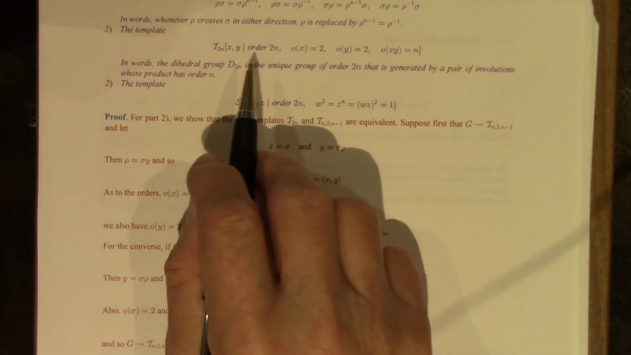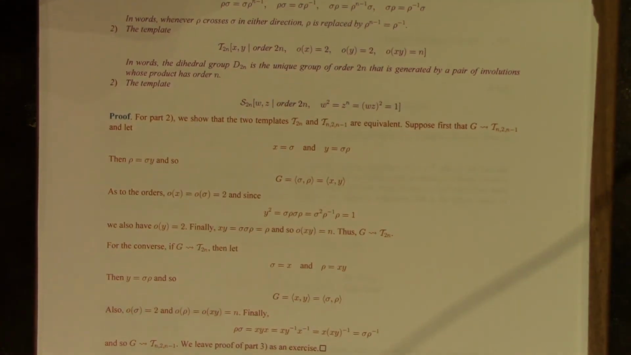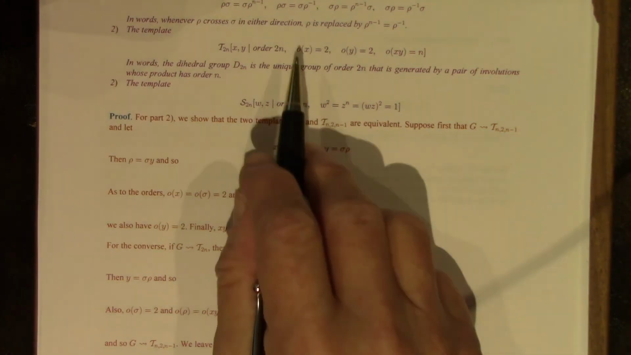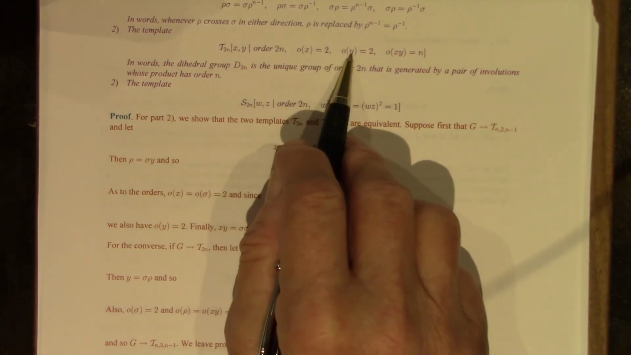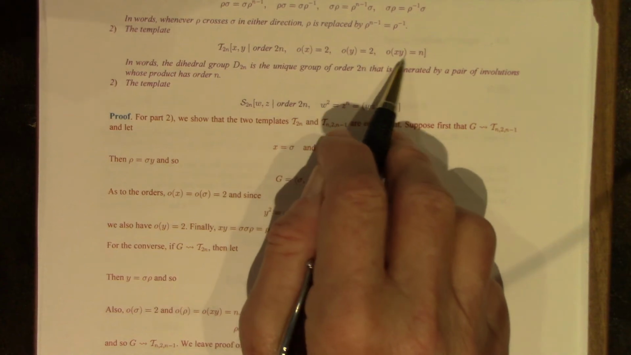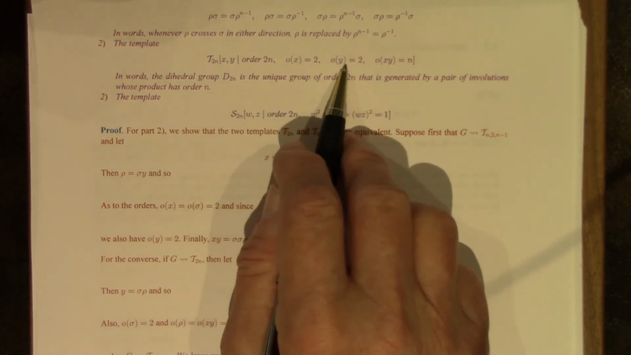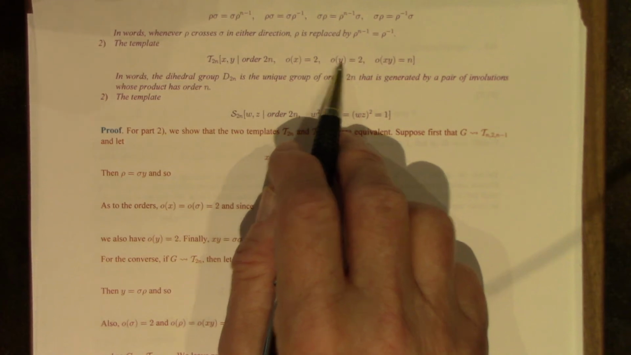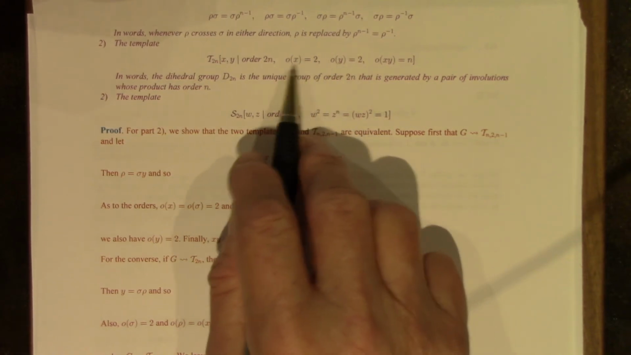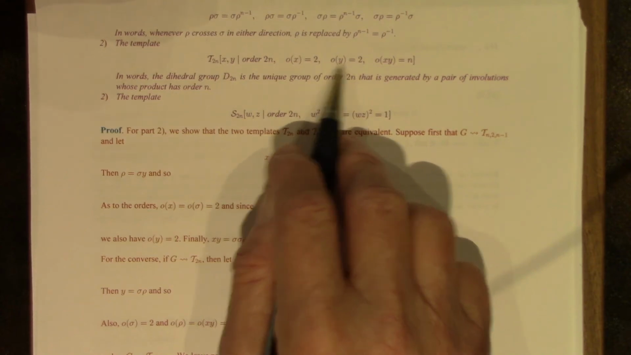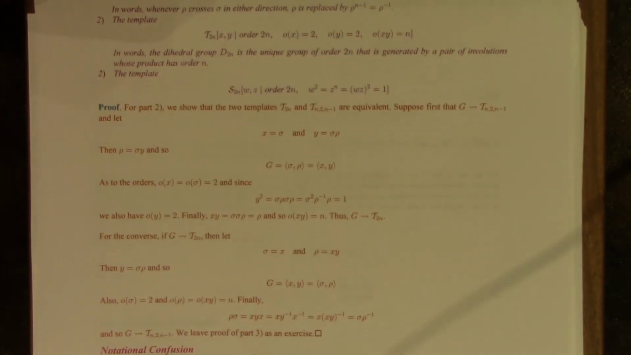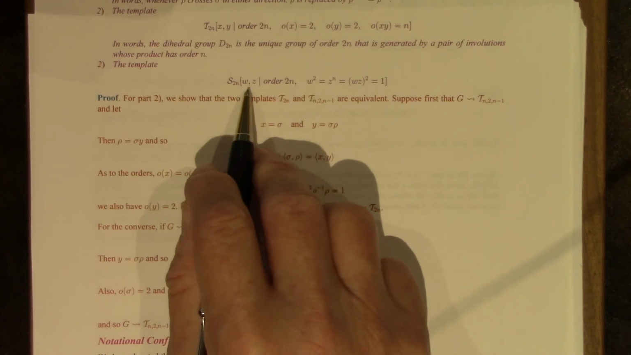So in words, the dihedral group D2n is the unique group of order 2n that's generated by a pair of involutions whose product has order n. That's quite a nice description. It's generated by 2 elements that are equal to their own inverses, 2 non-trivial, non-identity elements, but the product has order n. And here's a third template that uniquely determines the dihedral group,